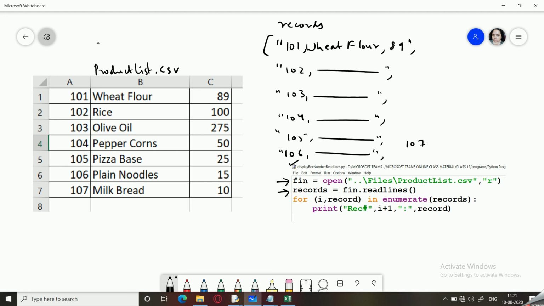So this is how this list is represented. It is a list of strings. Each string represents one record within the file.